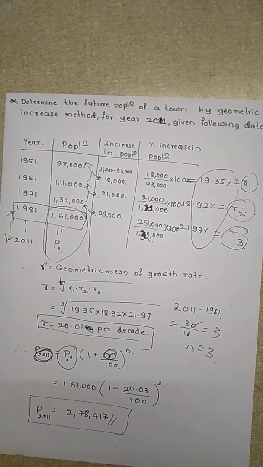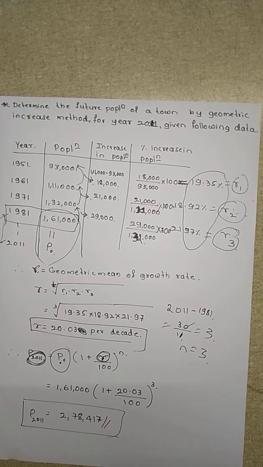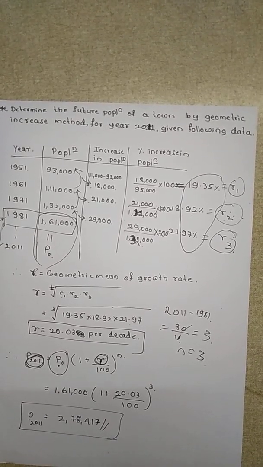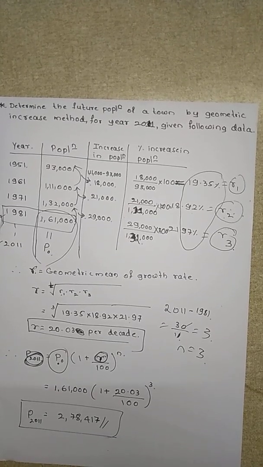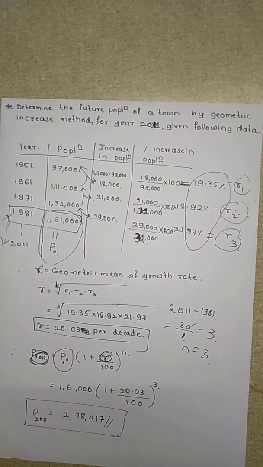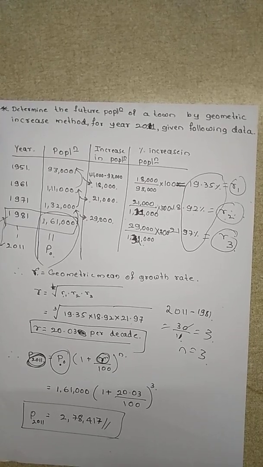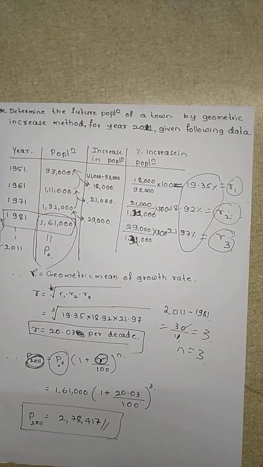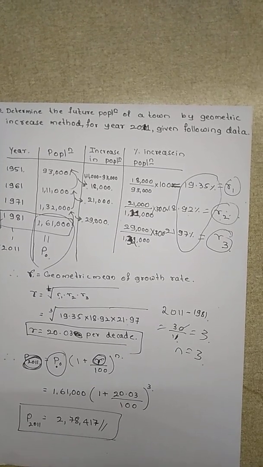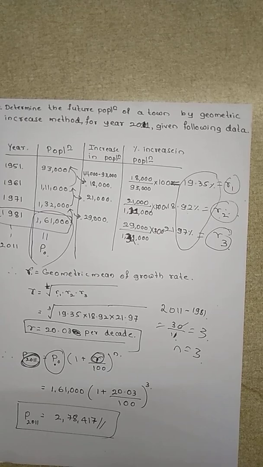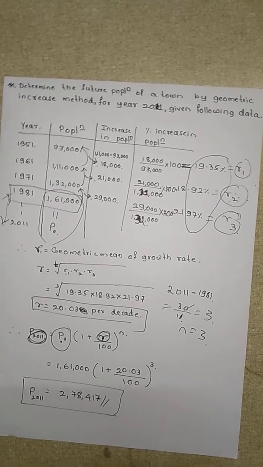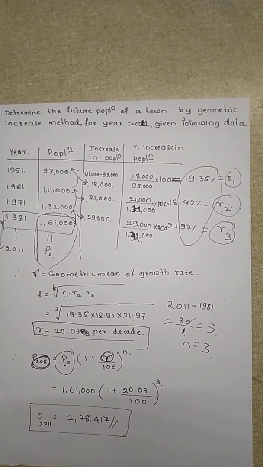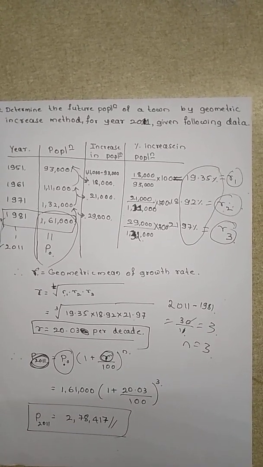In tomorrow's class we will be covering the theory of the method of varying increment, or incremental increase method. We will be seeing the theory of it and the problem on it. Then we will be covering the decreased growth rate method and its problem if time is available, but surely we can cover tomorrow the incremental increase method theory and problem. And if possible, we will solve a problem on the other method. So this is what we have learnt in today's class.